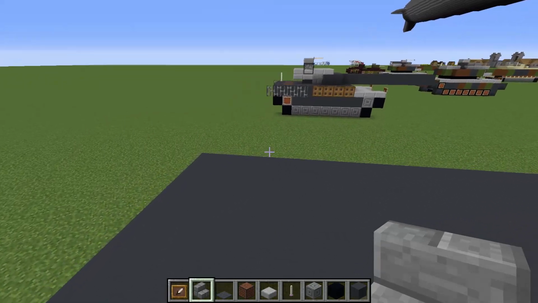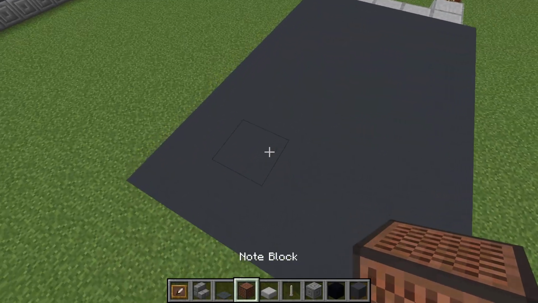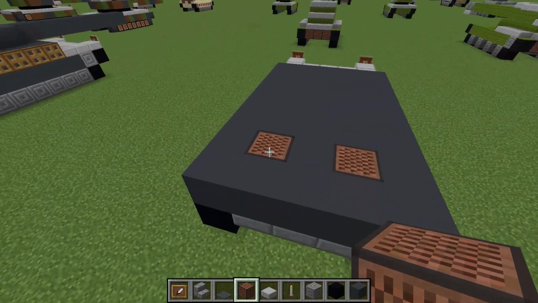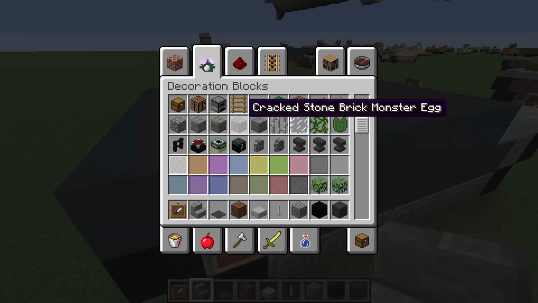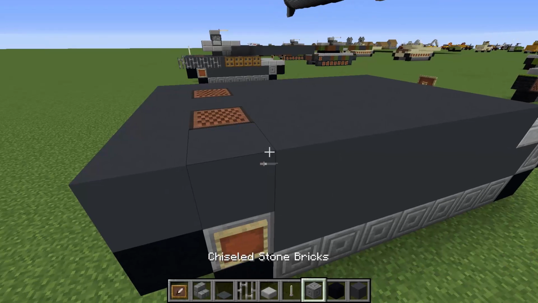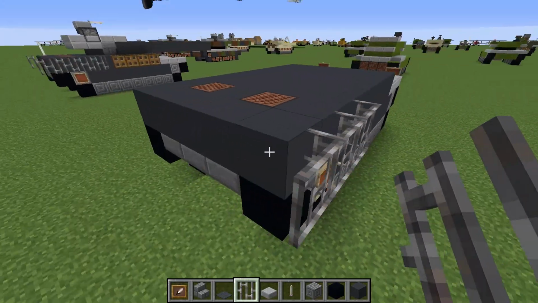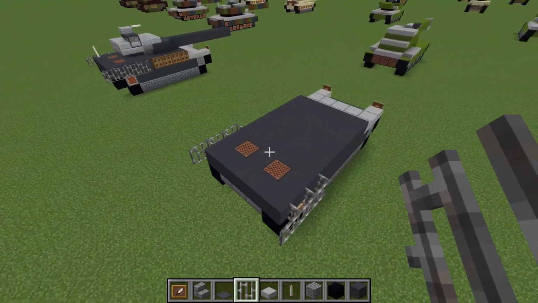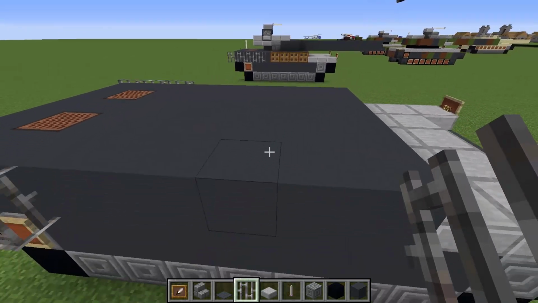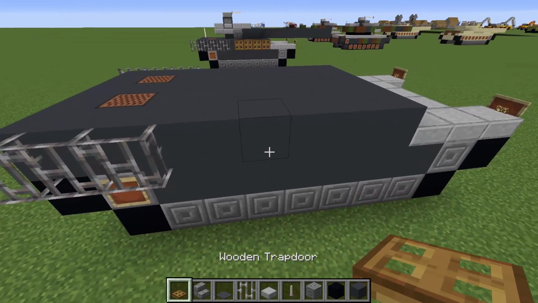But before we do that, I'm going to add some stuff to this bit. So we've got some radiator grilles here and here, and then we've got some railings on the sides here. There we go. They go slightly past the end there, and the same on the other side. There we go. Okay. And we're going to have some of these wooden trapdoors. They're going to go on the side right there,